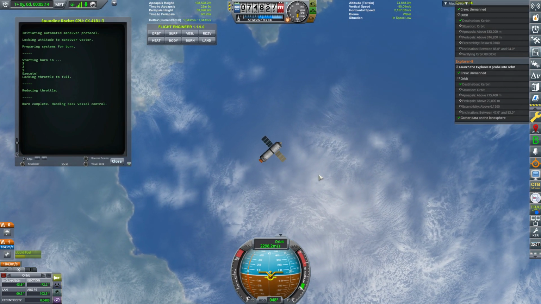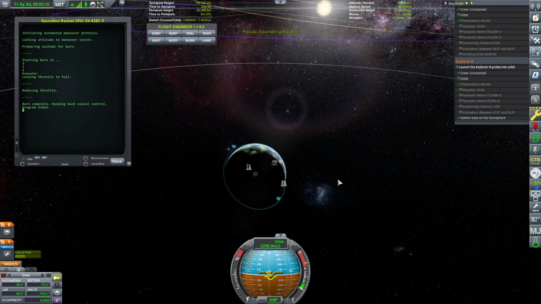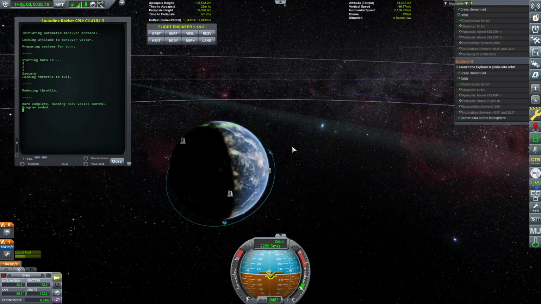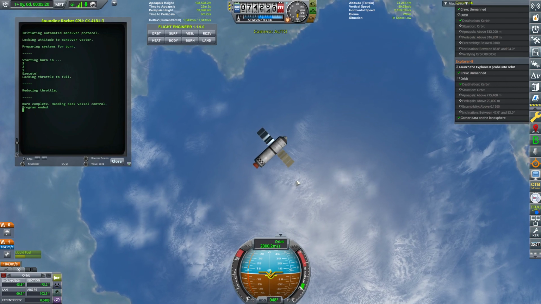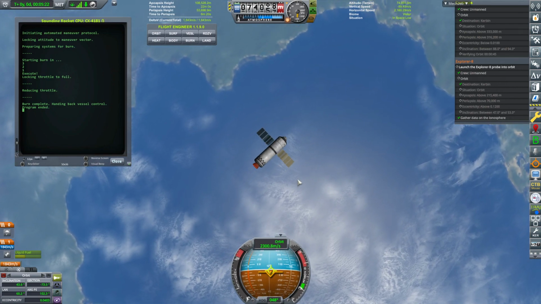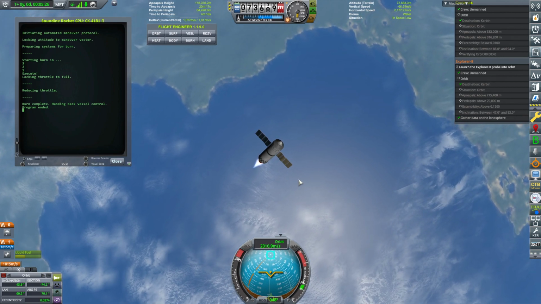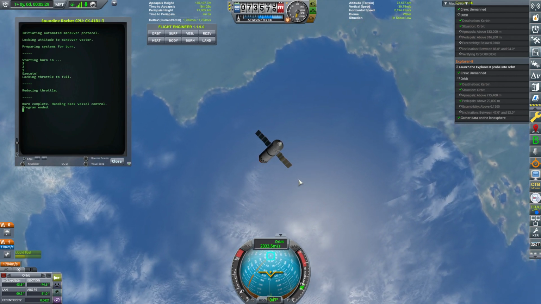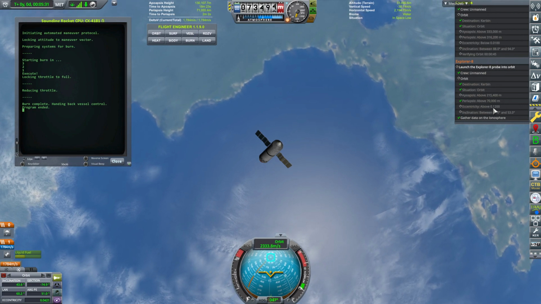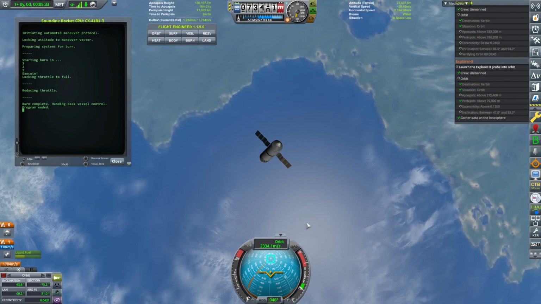Yeah, we didn't quite make our periapsis that we need. So let's do that. Let's see if we can push it up. Okay, so we just need our eccentricity to come back down, and we also need to, so we can fix